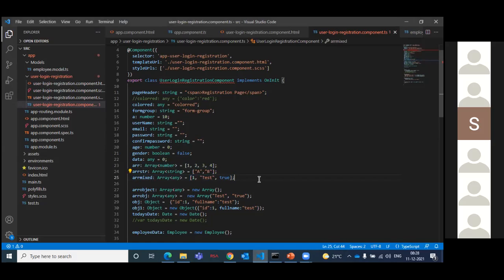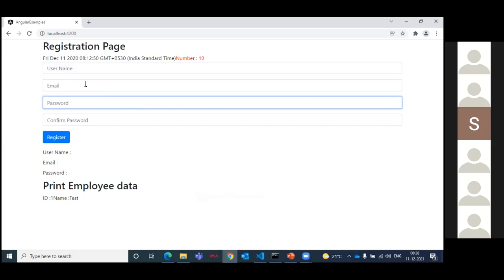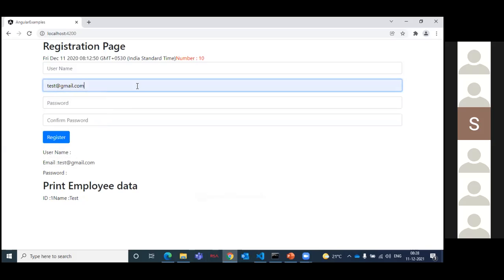But can I have the username as my name? Yes. If I have test@gmail.com as a name, yes, some people will have, we don't know. So we have that feasibility.